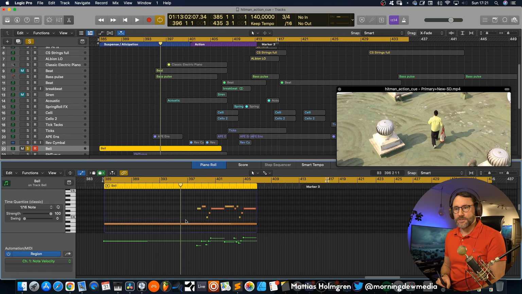Right, so the drone here is working in A minor. You can see that we have the A here, we have a C, D, and the E, which goes up to the plus 5, the raised fifth, which is the F. And this is a very common set of notes that you work with when you want to build anticipation.